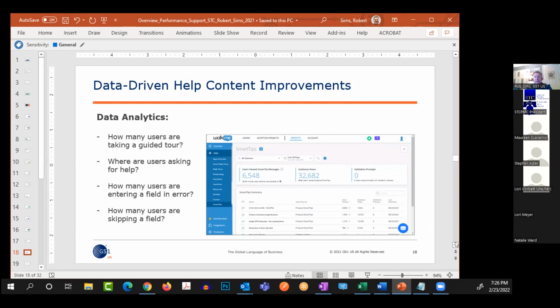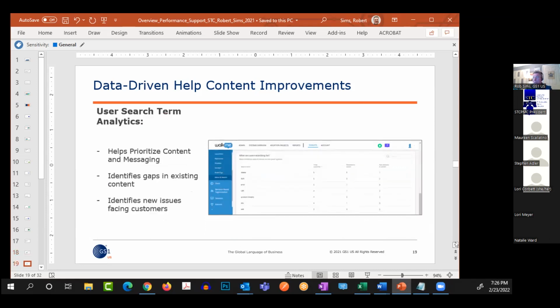So there's a lot of data being collected by these performance support tools that can help drive other content within the help center, within your documentation, and also even the help bubbles that I have. And of course, I mentioned earlier that we have a little menu on the side of the screen where they can type in a search term, and we get about 400 of those a month. So they're also helping me surface content, because I would never in a million years. I think Danielle had a good line last year. This is where I was going. You think you know what your user wants, but you really don't.